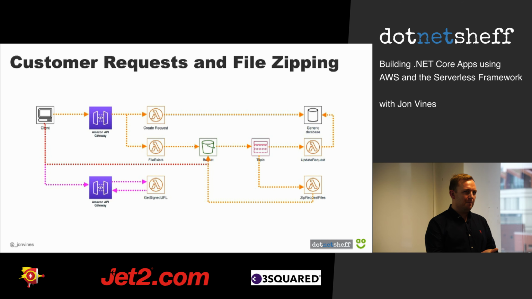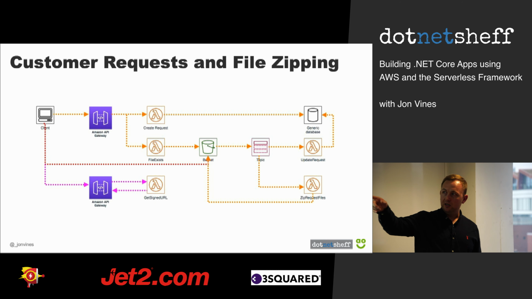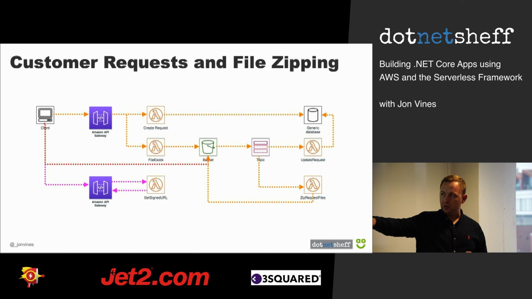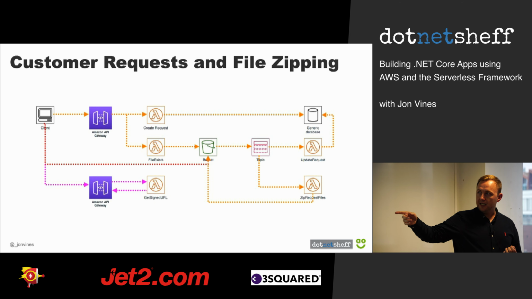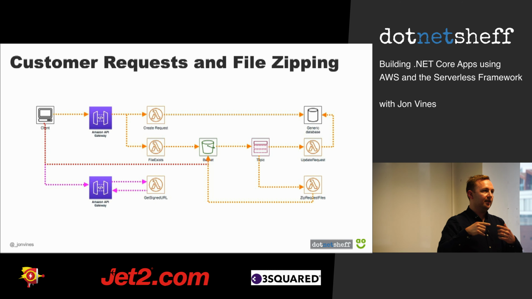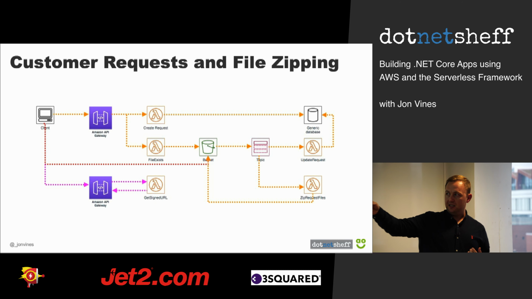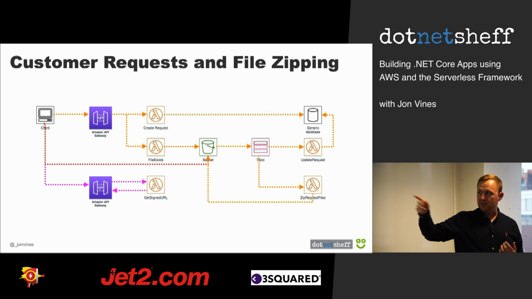So we capture subject access requests, and we expect people to upload documents that we can then send back to the customer. So people within the business upload via a website into S3. We create a signed URL into S3. Once that file hits the bucket, we create a trigger into Lambda, which then zips up all of the files related to that request, creates a zip file, then fires into an SNS topic,